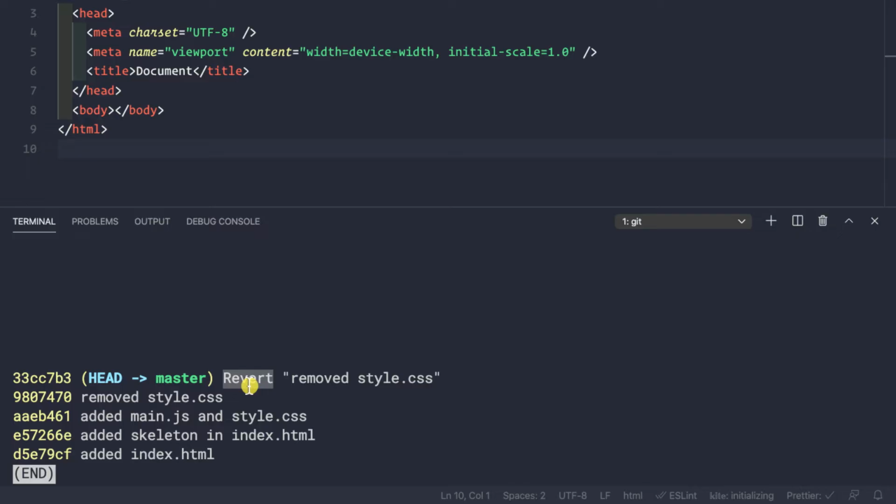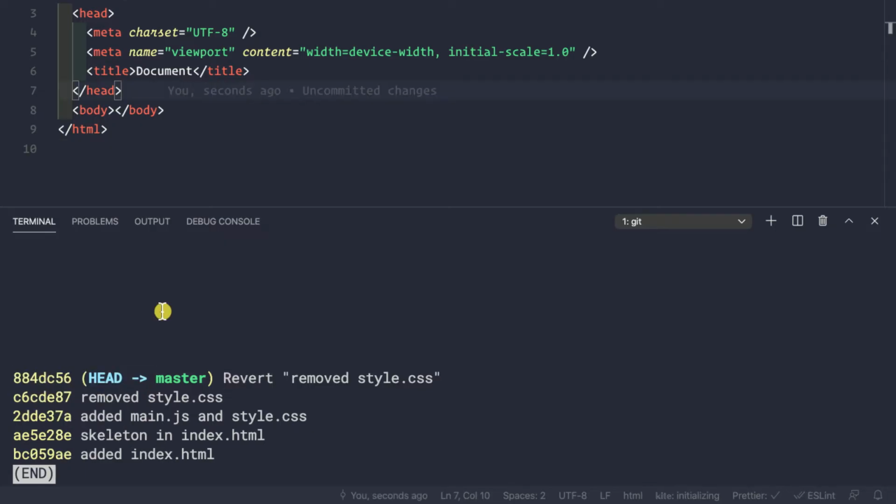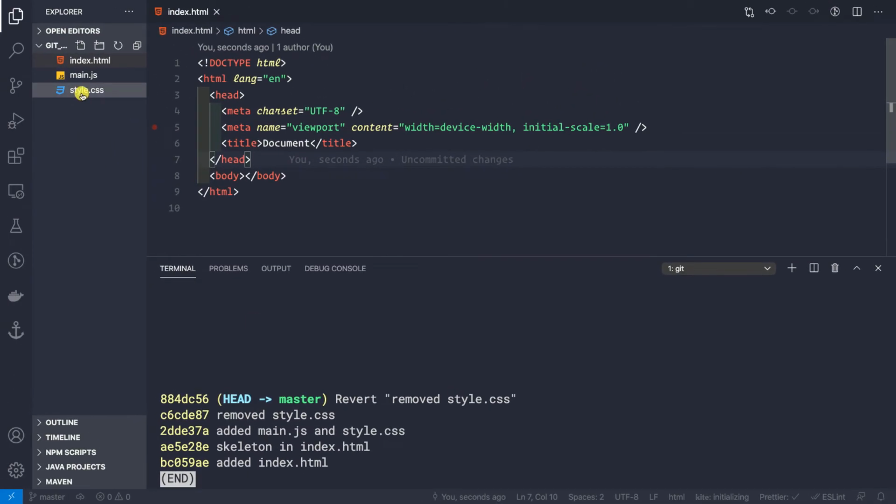It simply means that we have made one more commit, but instead we just reverted what happened inside this commit. Sorry guys for these commit IDs, because I had to recreate my projects because I just messed up my Git repo. So just don't worry about this. But here we see that the last commit was this commit, where we just reverted this commit, that is where we removed style.css. And in this commit, we do not have the style.css file. And in this commit, we see that we have this style.css file back again.